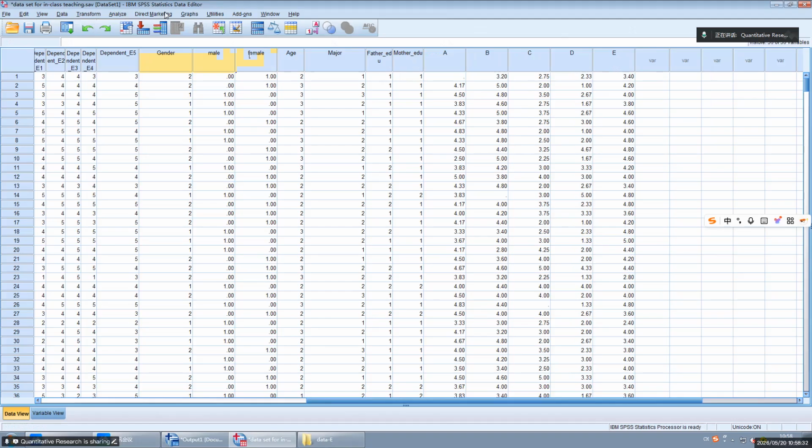Insert there. Oh, no, it's that the new variable is in front of gender. Yeah, again, do it again. Then you paste. That's it.